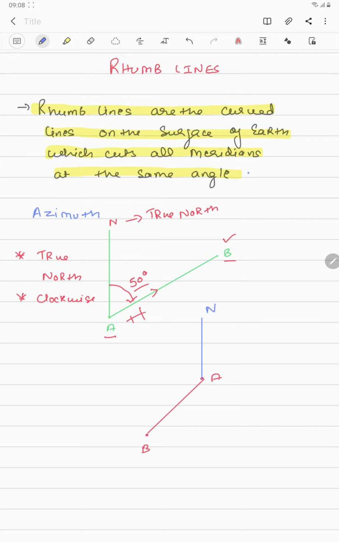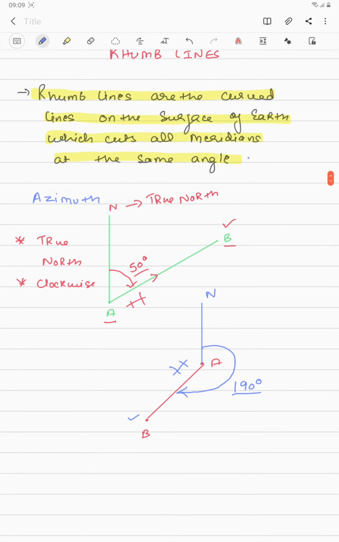So guys, now as I have told you, from the true north clockwise to the line joining the 2 points. So if we go clockwise, guys, this would be my angle. All right, and guys, this angle would be somewhere around, say, 190 degrees. So if you want to fly from point A to point B, you will have to fly at an angle of 190 degrees from the true north, and you will reach your position. So this, guys, is known as your azimuth. Now you will understand why I'm explaining azimuth.